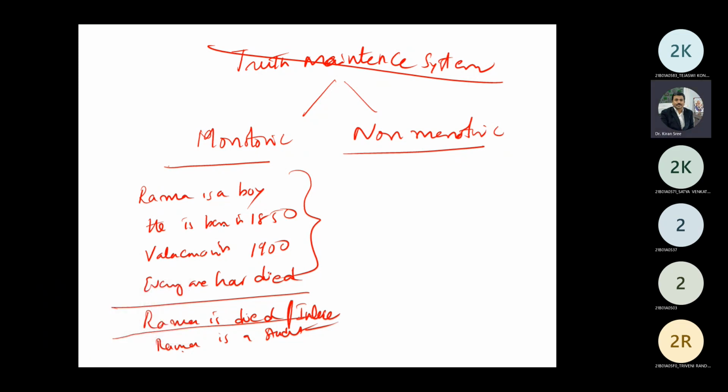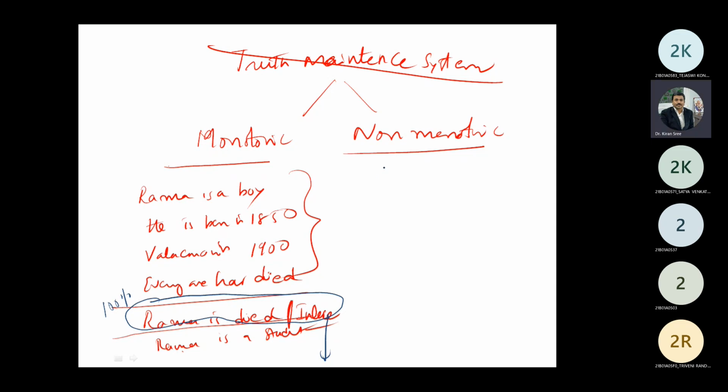The inference that you made from the statements is valid and 100% right. Whatever statement that you add later, this inference will not change. But if you take a non-monotonic system,